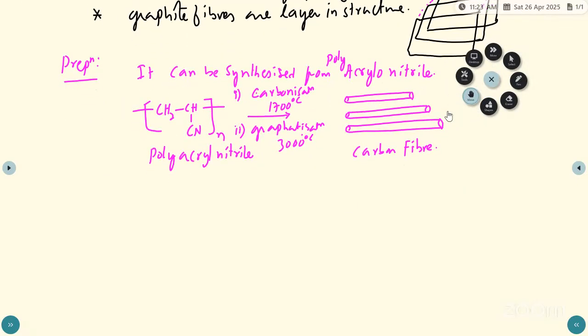Next, properties of the carbon fiber. It is a stiff polymer fiber, a stiff fiber, and strong,